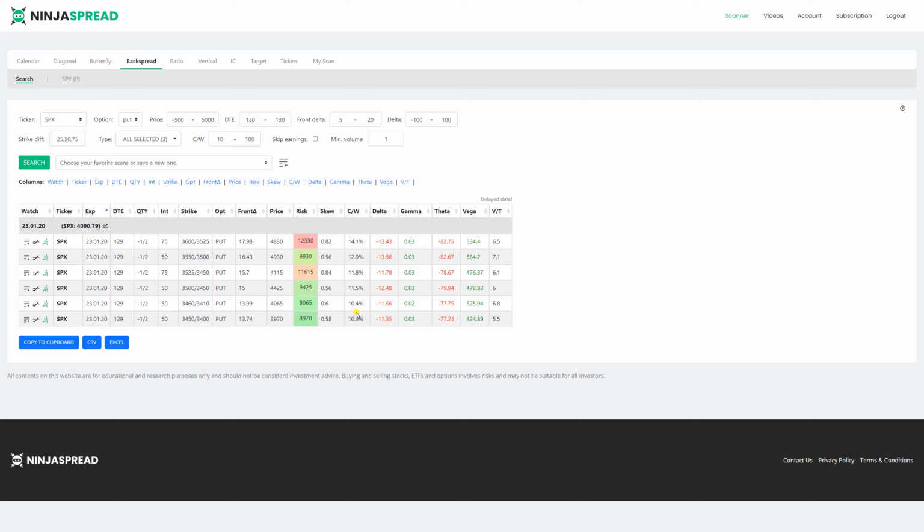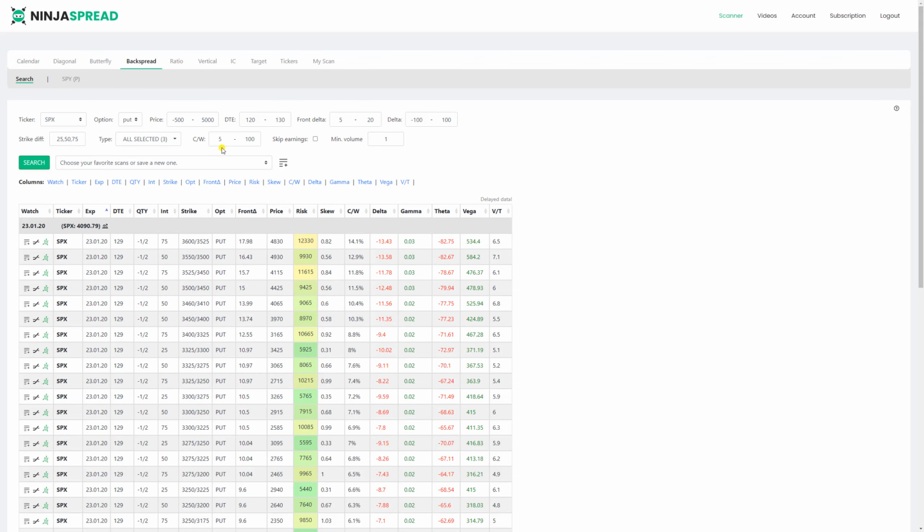It depends really on your strategy. If you are looking for very out of the money, like 5 to 20 front delta, you shouldn't specify too high a CW because it won't find it. Right now the lowest is 5.1 when using this 5 to 100 range. And looking at a